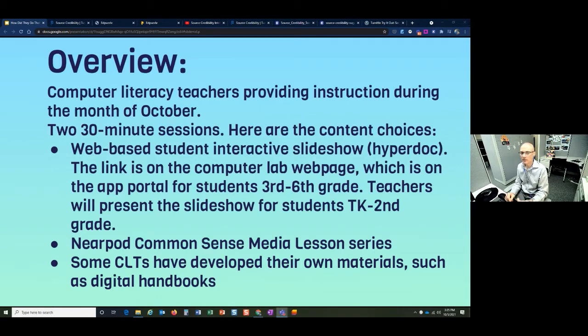On the students' app portal, they have an icon which says Computer Lab, and there's one for every grade level. And we push out the content. It could be the practice or the materials that they're supposed to get each week, so the students automatically have it on their app portal. So the link to the interactive slideshow, the hyperdoc, is on the portal for the month for students 3rd through